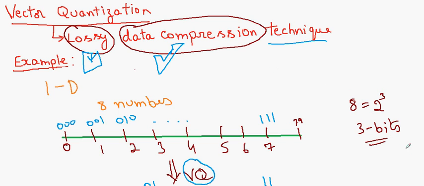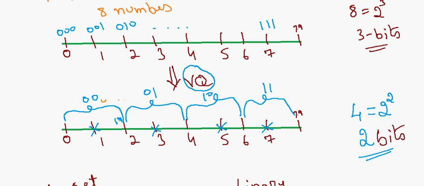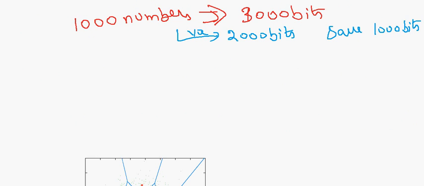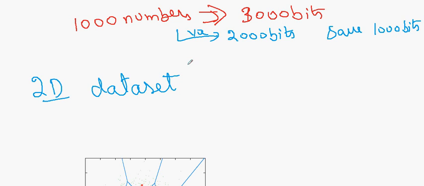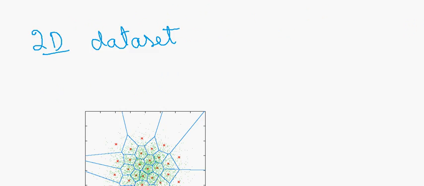I will take one more example to explain vector quantization, but this time in a 2-dimensional space. It's basically a 2D data set. I've already pasted one of the examples here on the screen. So let's consider this as a 2D data set. It's 2D because I have an x-axis